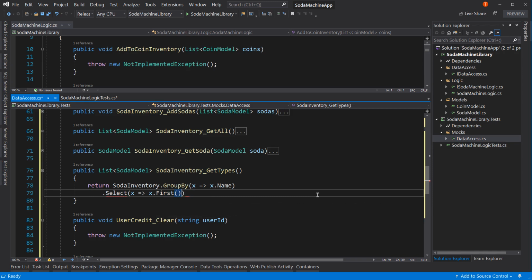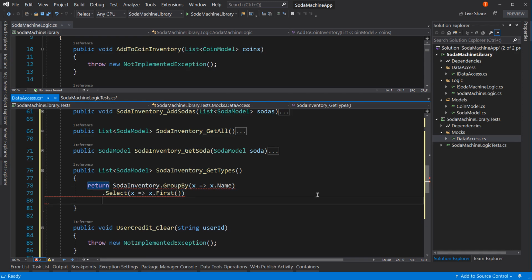So group by, grab the first one in each entry, and then from that ToList. What that should do is take our, and let's see if we can tab this over a little better. There we go. So we have our soda inventory. We're going to group the elements by the name of